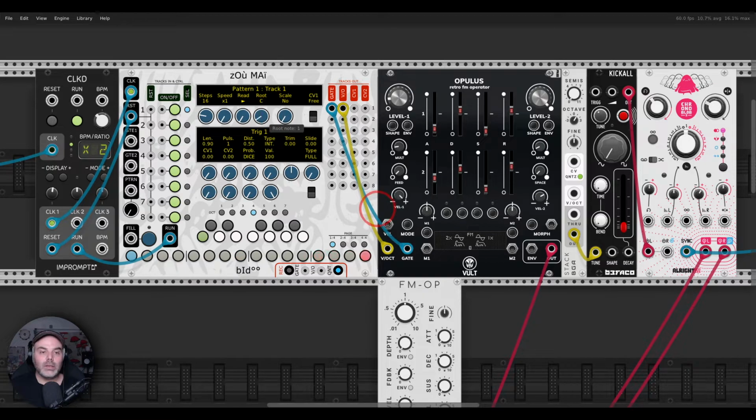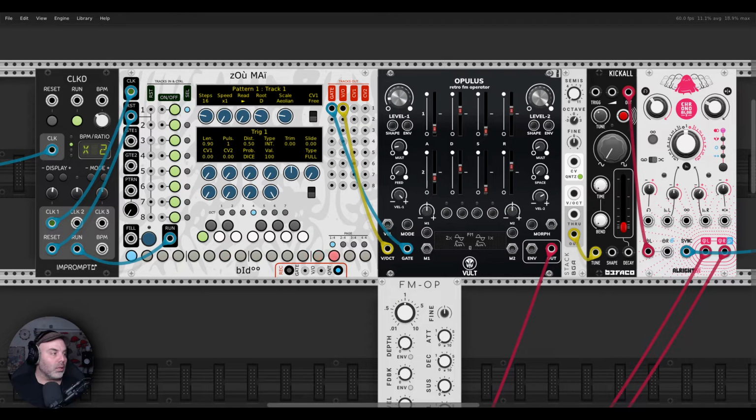So let's say, for example, C, or D even, maybe D Aeolian. Aeolian, basically, is a minor. So now all of the notes we enter will be in the D Aeolian or D minor scale. To program notes, we go to the step, we click the step we want to program, and then we have to choose a note. Until then, the note will be off. So if I now choose C,